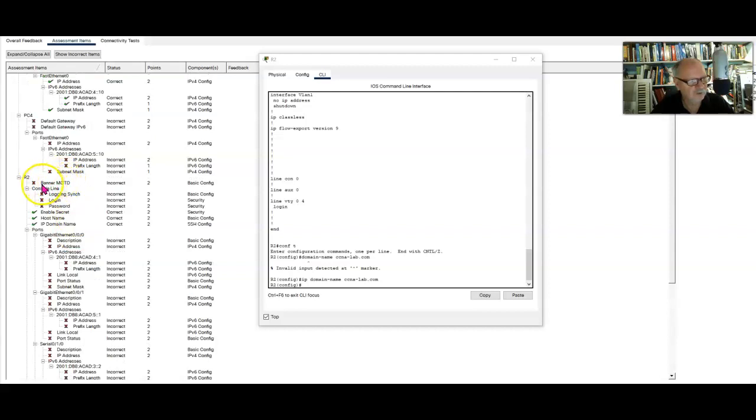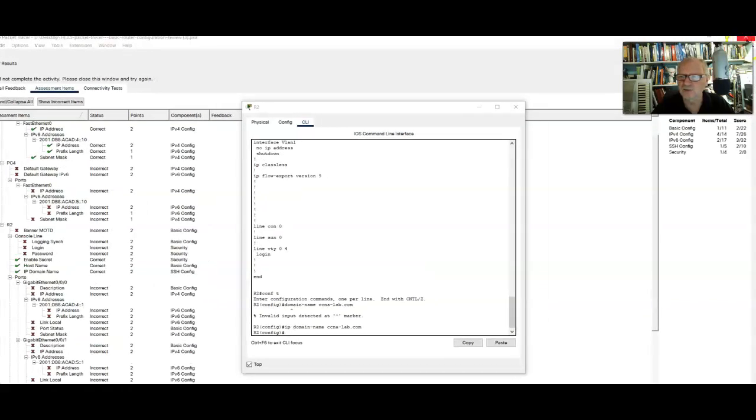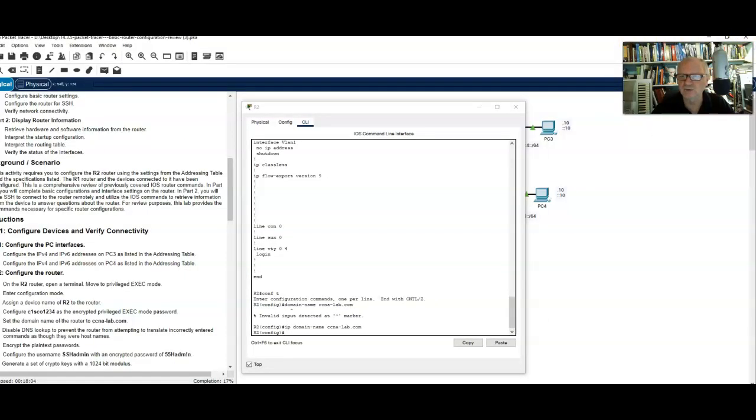One of the things that it doesn't like to grade correctly is banner MOTD. Let's go ahead and put a banner on this thing and see if it grades me correctly. I'm going to close this. I'm going to use the X up in the upper corner. Up here, you can't see it very well. I'm going to use that to close this thing.